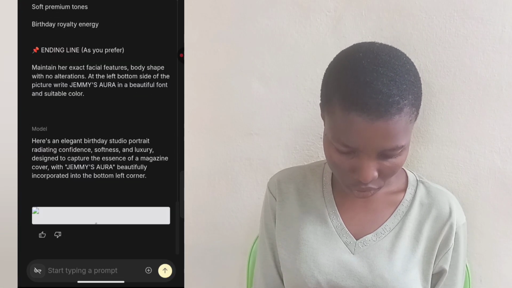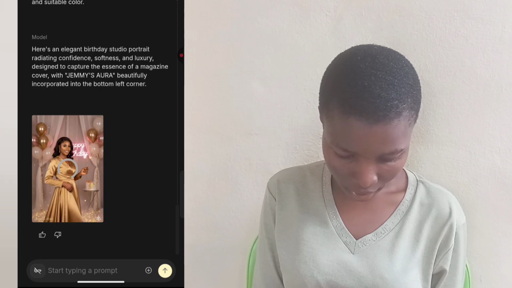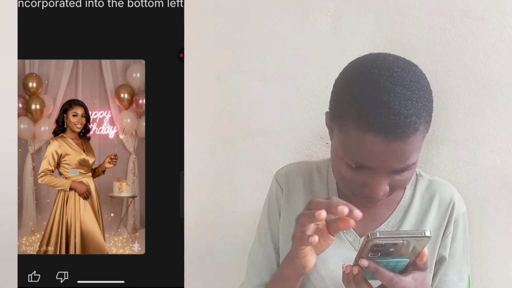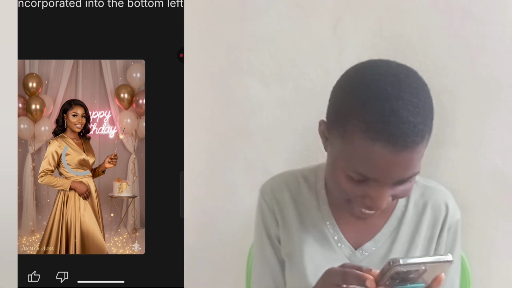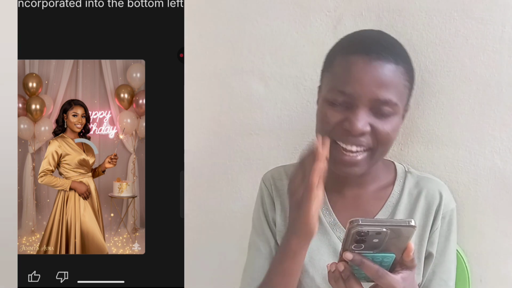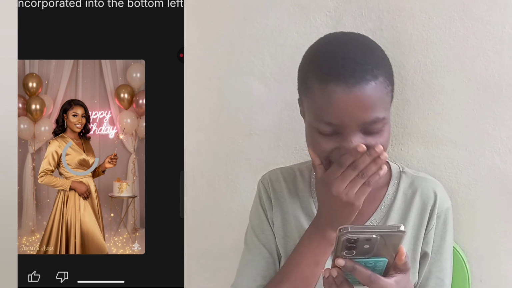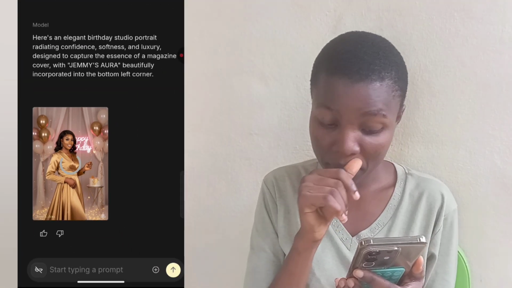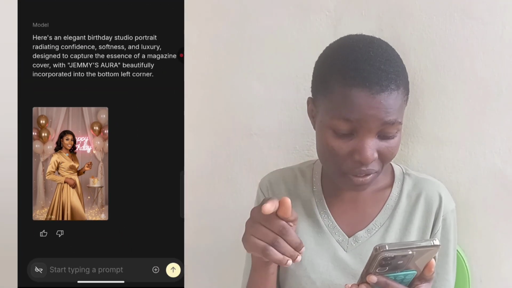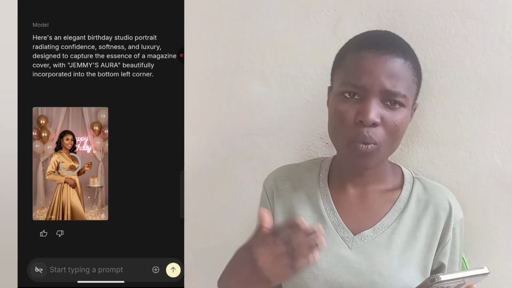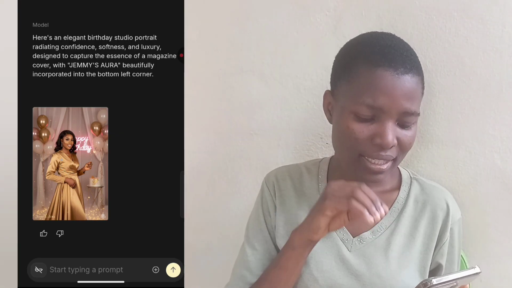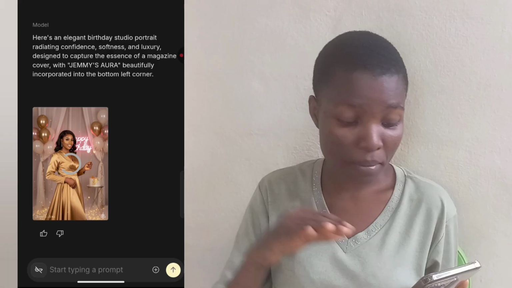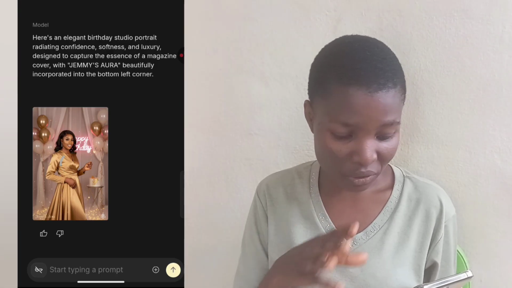Okay, our picture is ready. Come on. Okay, so this is what it looks like. I want to scream. Oh my gosh. Oh my gosh. It is so beautiful. It is so beautiful. Now, what if you want to make this same air, the balloon, the dress,